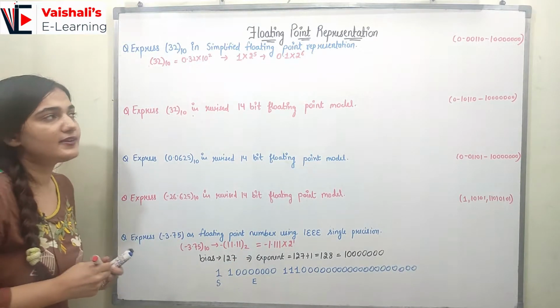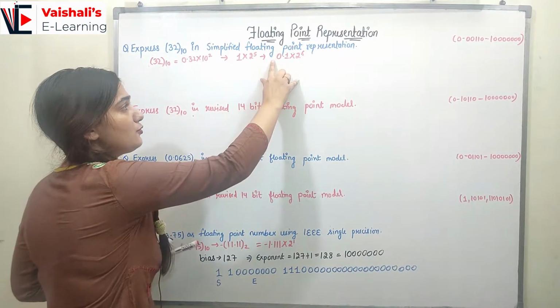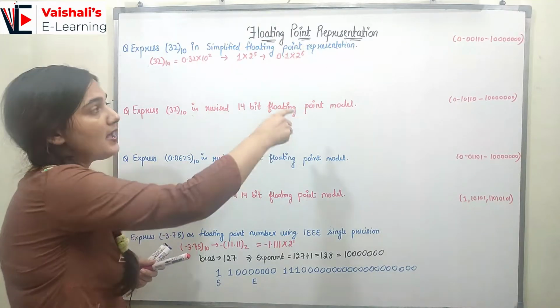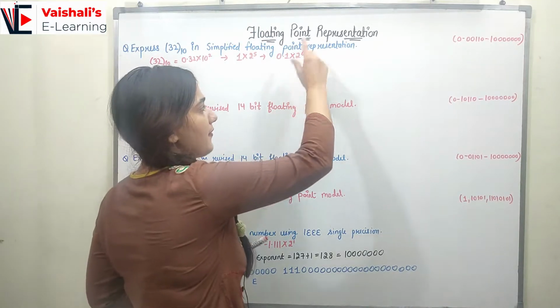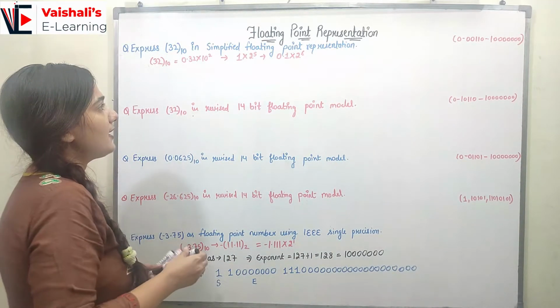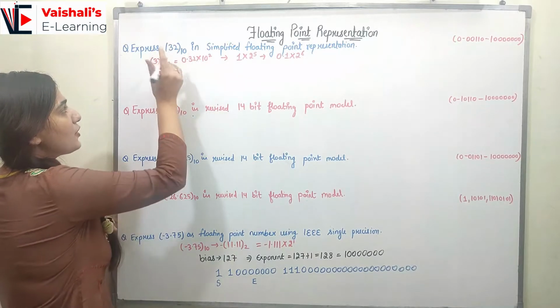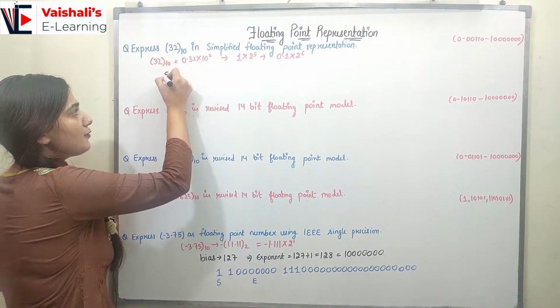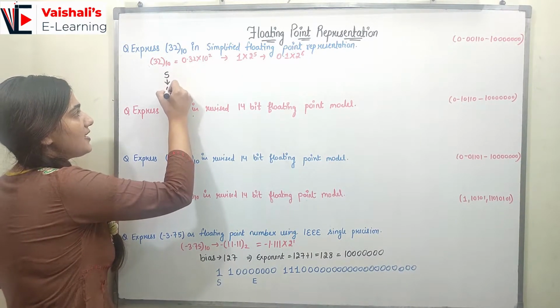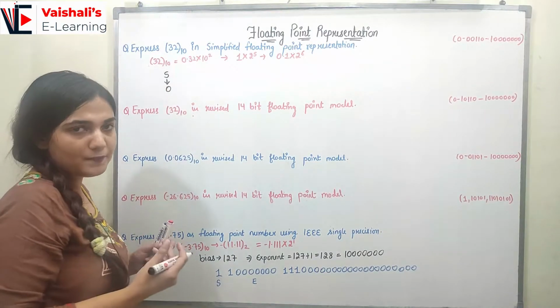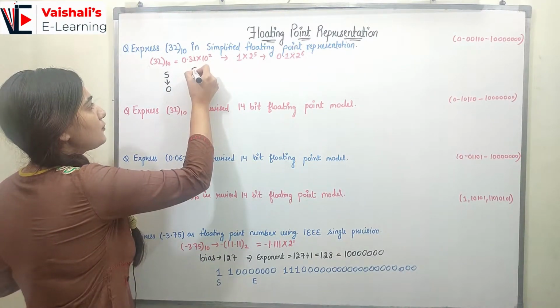So whenever you have any number, you put it into 0 point some form and then you can put the powers of 2, right? So here we have now the positive number. So first of all I am looking for the sign bit. Sign bit over here would be 0 for a positive number. Now coming to the exponent.